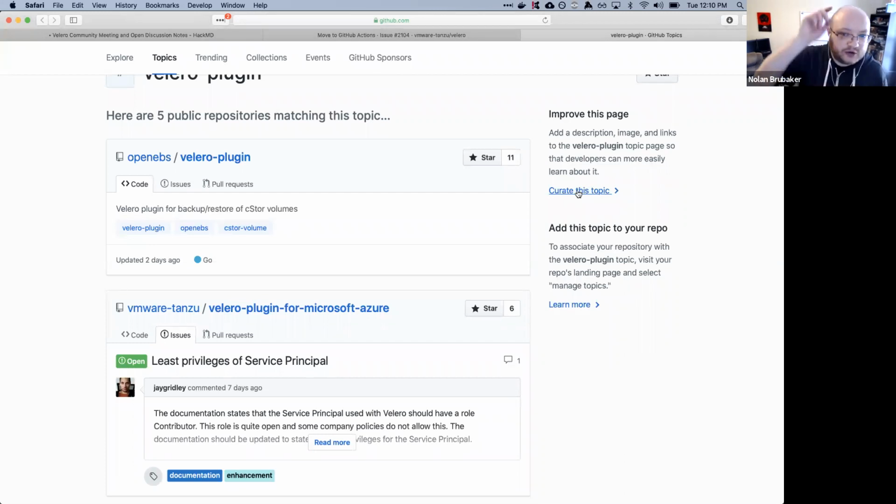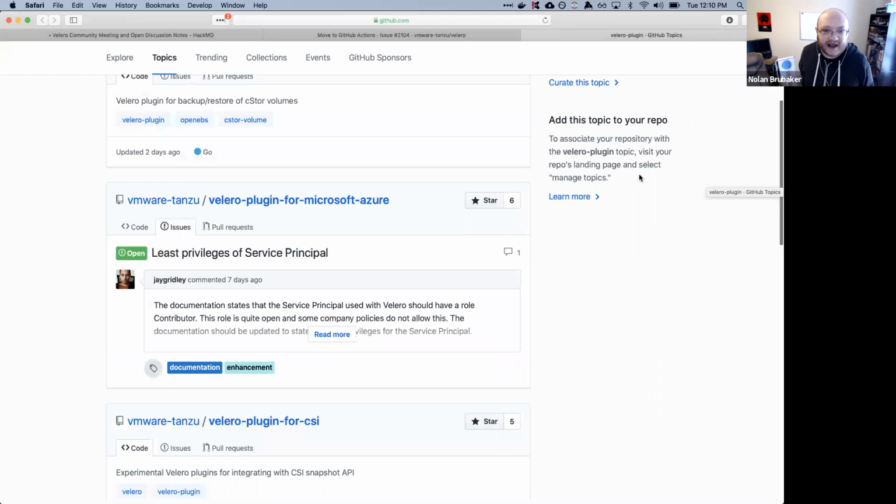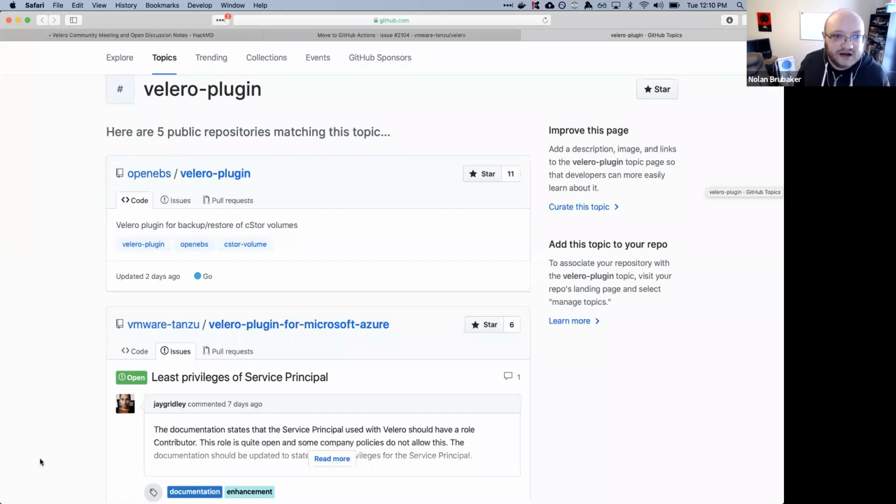That thing that Jonas is hovering over, curate this topic. We, the Velero developers, can't use the curate this topic because that adds metadata and more info to it, but community members are welcome to do that, like descriptions and images and links. But I think that's separate from somebody adding Velero plugin to something completely unrelated to Velero and Kubernetes.